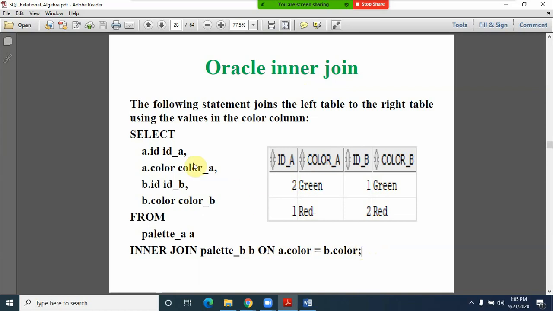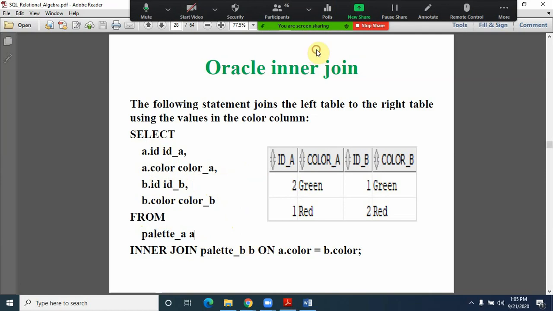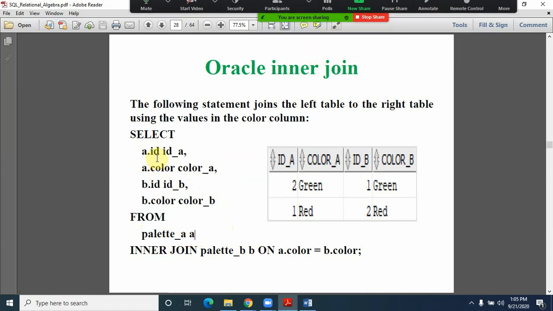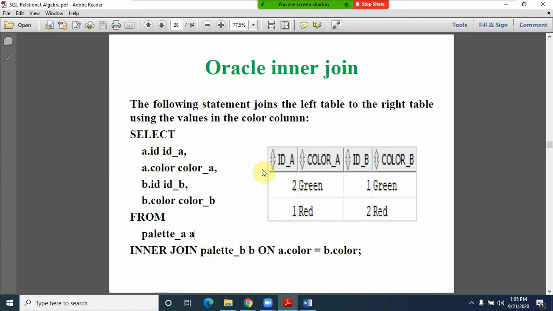In this case we have created some aliases, friends. An alias name is for the table we are using; rather than writing palette_A and palette_B every time, we have created an alias name A, and you can use that alias to refer to the entire table rather than giving the entire name.